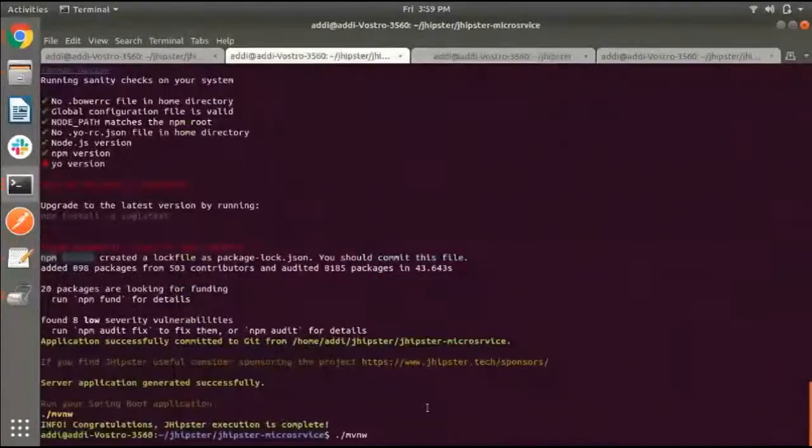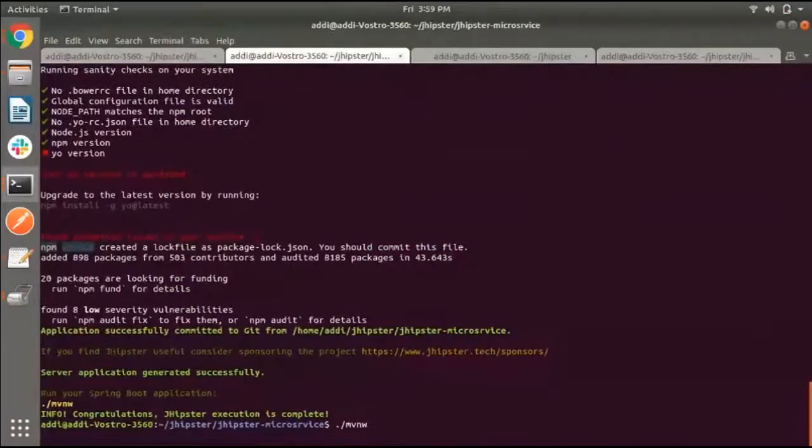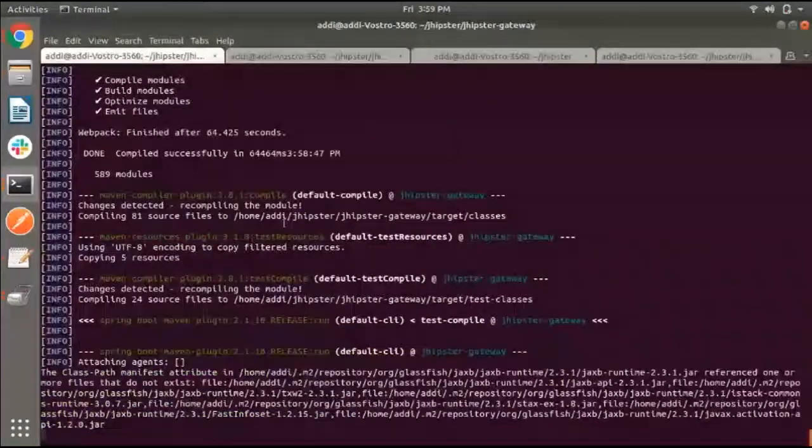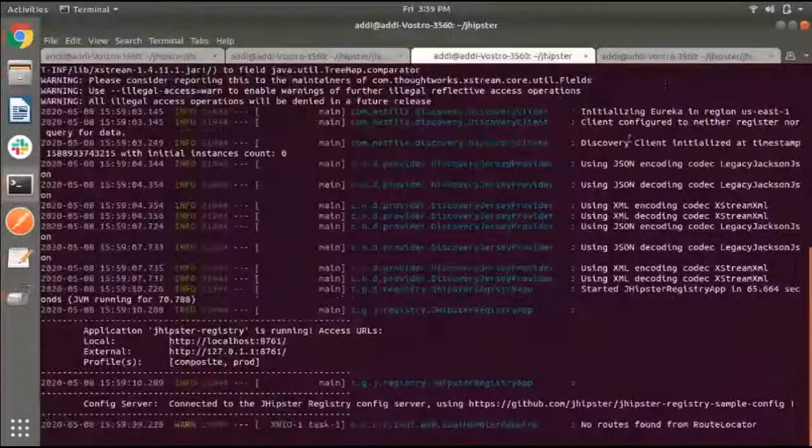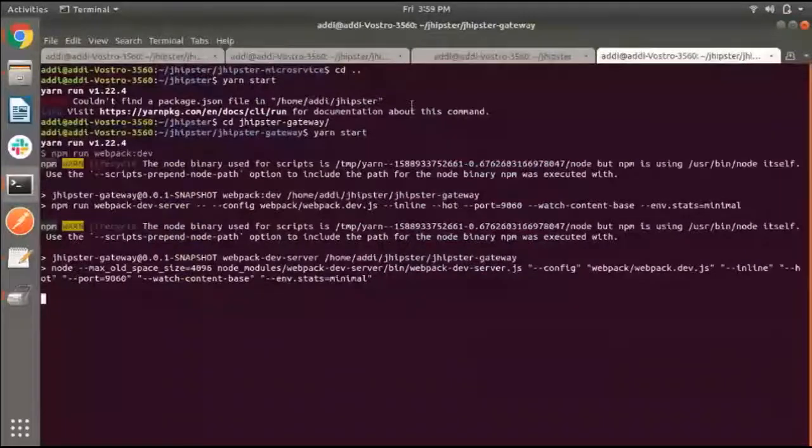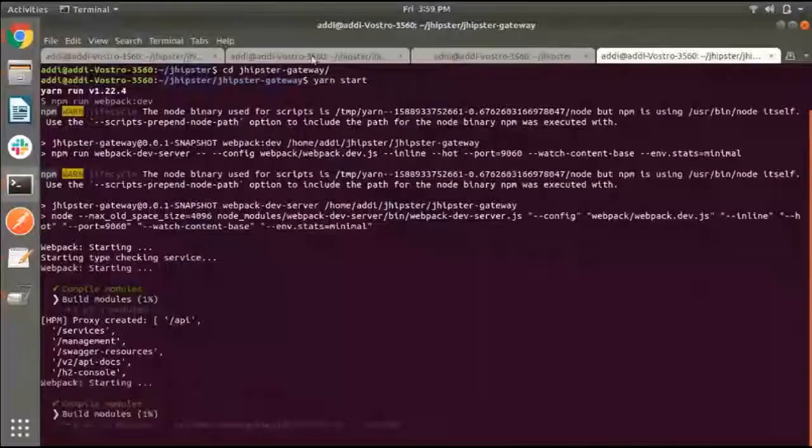So now we can start the microservice here, and it is still coming up. Our gateway has not started yet. So this is how we are going to start our JHipster application, and we can show it this way.